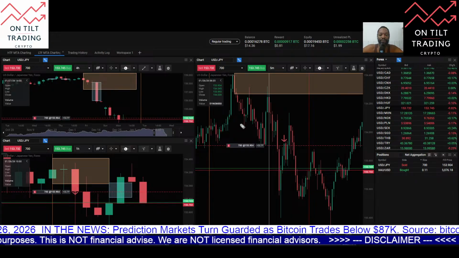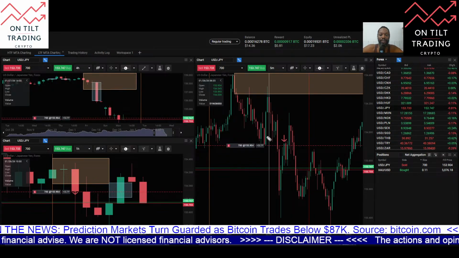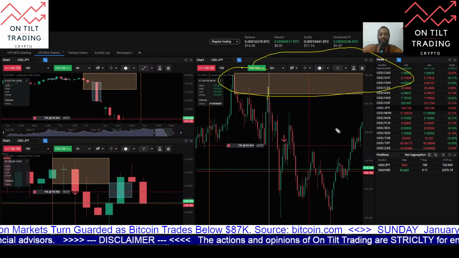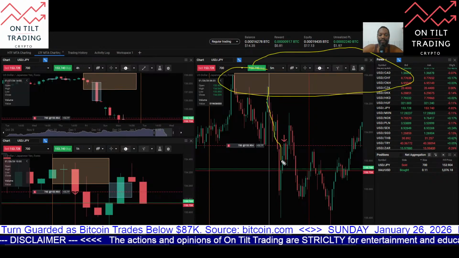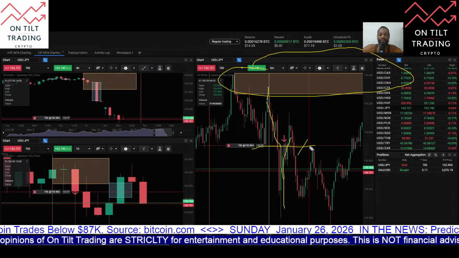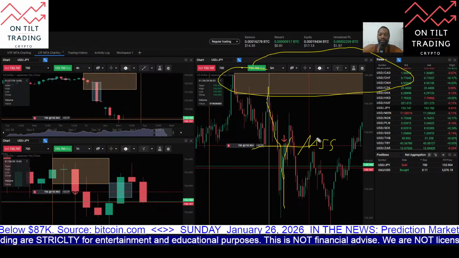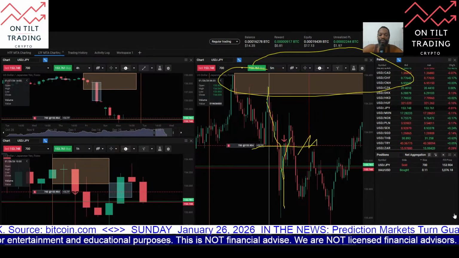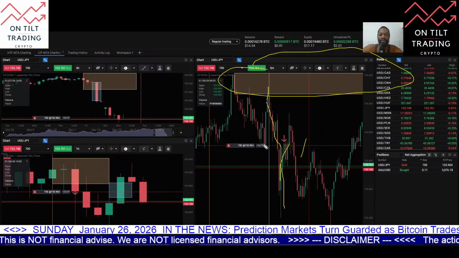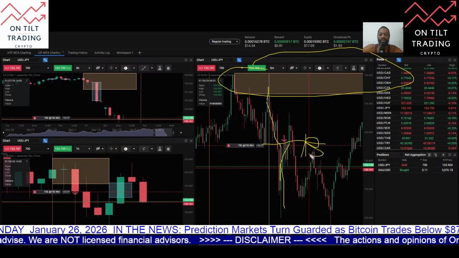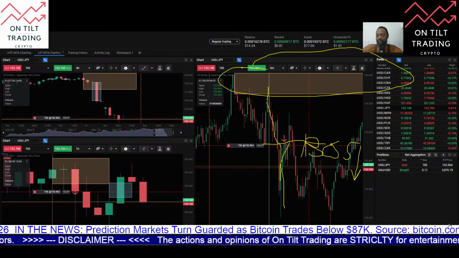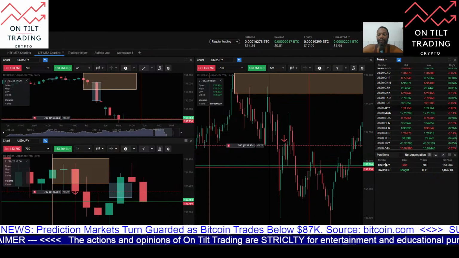So here on the 5-minute, you can see here at the open of the London kill zone, price trades back up into this 5-minute order block here. Then price delivers here to the sell side, then pulls back to the market structure shift level, or actually this is a break of structure level, as price was already delivering here to the sell side. So this break of structure comes in here to the sell side,